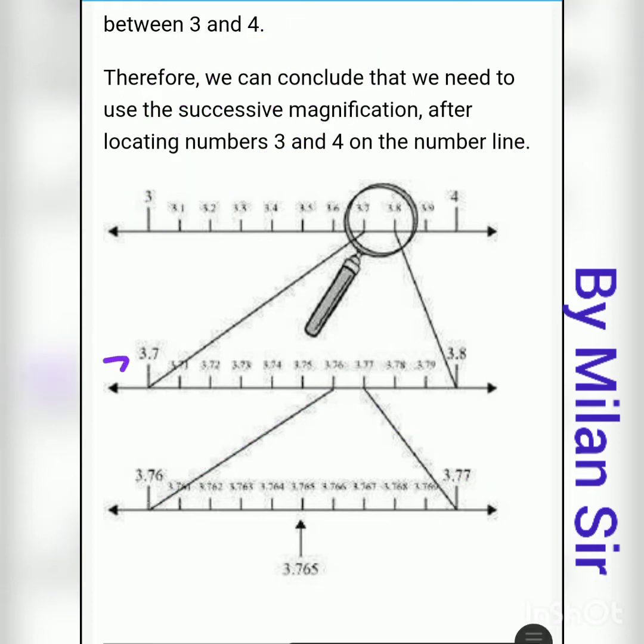Here 3.76 means 3.760. After that we have 3.761, 762, 763, like this, and we will get our original number 3.765. This is the magnification process.